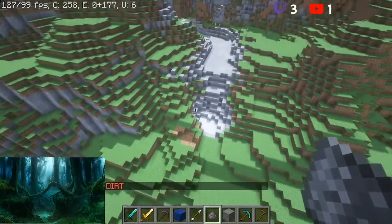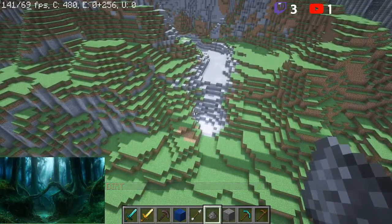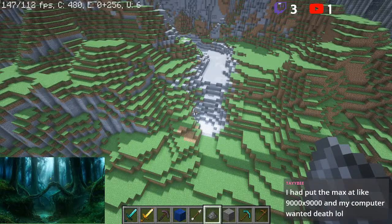Weird question. When you made a new file for the world pair map, how big were the dimensions? When I made a new file... Oh, okay. So I'm a little bit confused. I put the max at like 9,000. My computer wanted... Oh, okay. Yeah, so